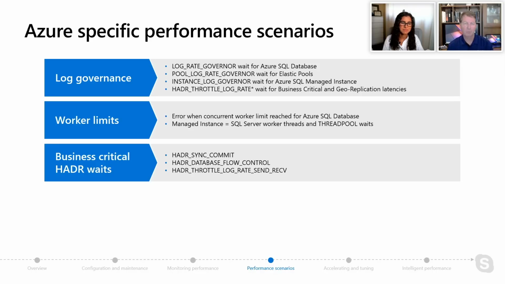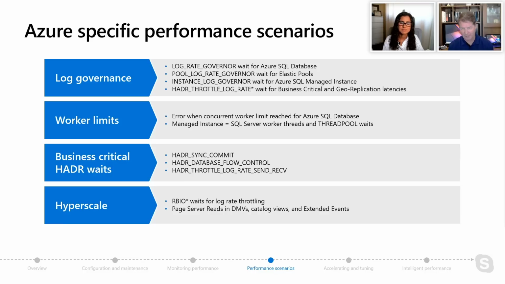So I've had customers who pick business critical, and instead of seeing write log waits, they see header sync commit waits. And they say, I didn't deploy an availability group. Why am I seeing these? So my point, Anna, is that these are normal waits you can see in a business critical deployment scenario that you may not expect to see. Now if you had large wait times here, you need to go take a look at what's going on. We may be throttling you a little bit to keep up SLAs. But the important point is that if you use a BC deployment, don't be surprised if these waits show up.